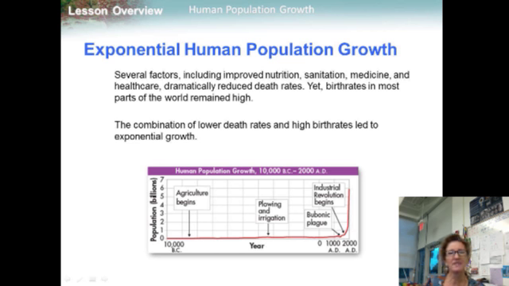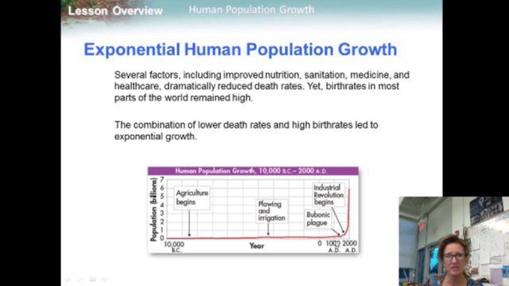The scientific study of human population is called demography. Demography examines characteristics of human populations and attempts to explain how those populations will change over time. Human societies had equally high death rates and birth rates, as you can see along here, for most of history. But over the past century, the population and the growth of the United States, Japan, and much of Europe has